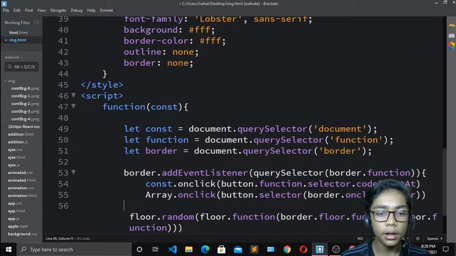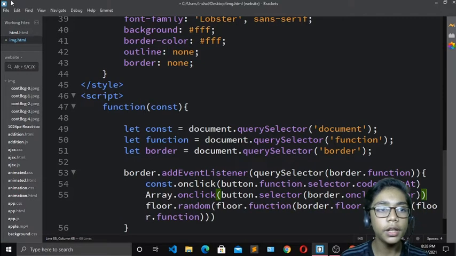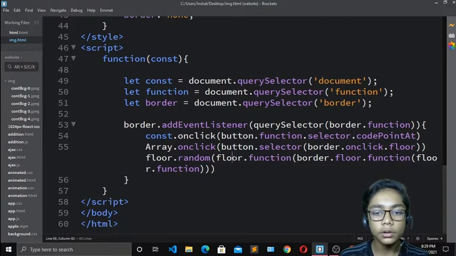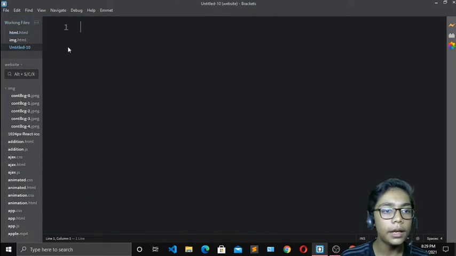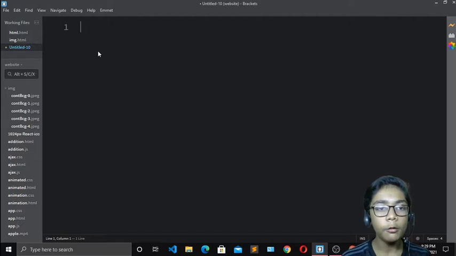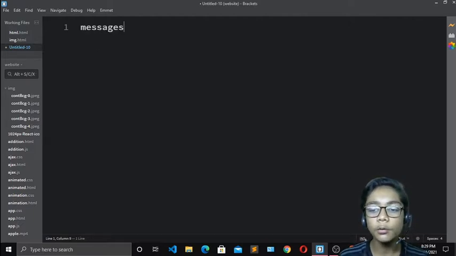Now I will just write like that, and now when you've done that, you have to hit save and close that by writing this colon. Okay, and now just hit save and go to files, and go to over here, take new file, and over here I will write messages. And now when you've done that, you have to go to Google Chrome, and we will check that out, whether it's working or not.